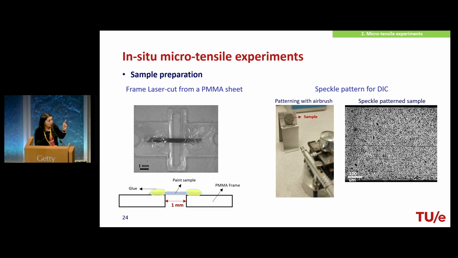I also have to mention that we didn't realize before that the type of speckle pattern that we apply is very much dependent on the type of pigment. For instance, this relates to Prussian blue samples, while for the titanium white, at the end, after several attempts, we realized that we can actually exploit the natural pattern of the surface, because it was a very rough surface of the paint samples.